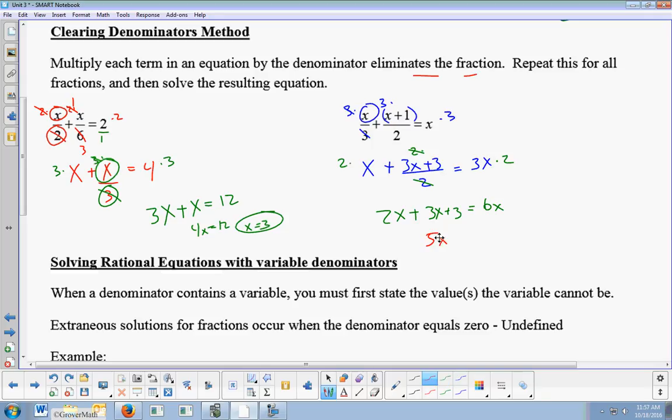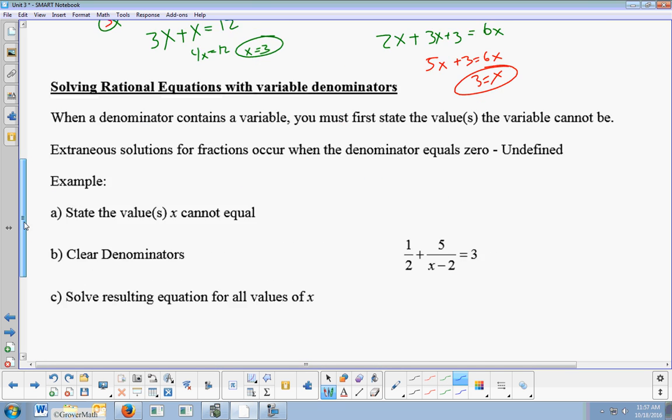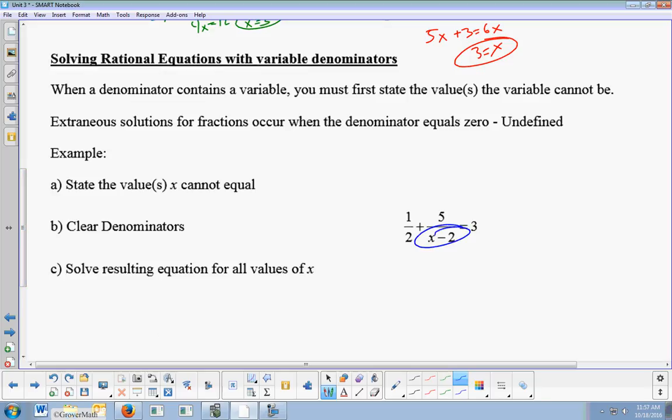Fractions are gone, so just combine like terms and go. That's 5x plus 3 equals 6x. I'm going to end up with 3 equals x. Again, I could plug it in to check it. Take my word for it. It works. Now, what happens when we have denominators that are a little bit more complicated, such as x minus